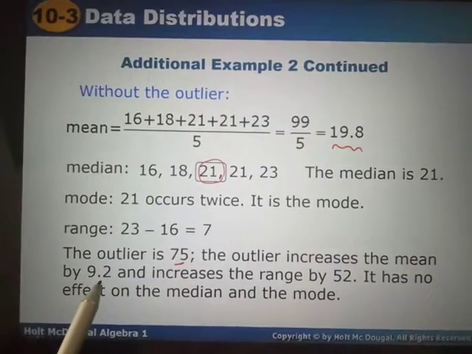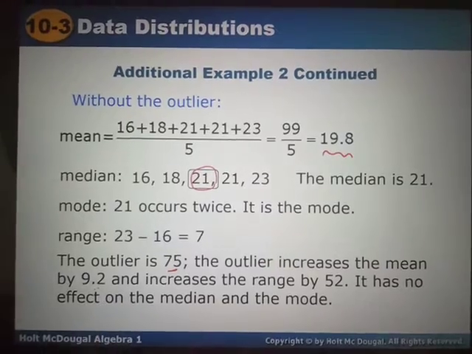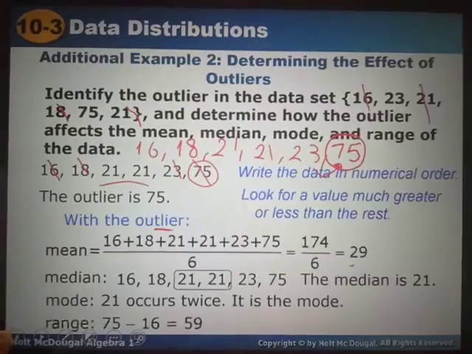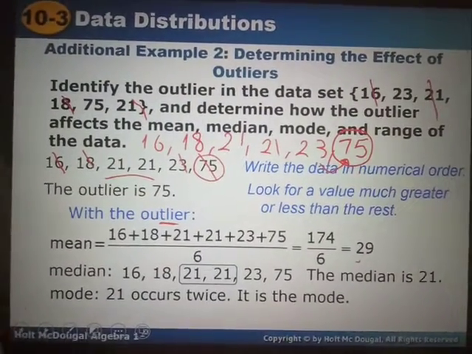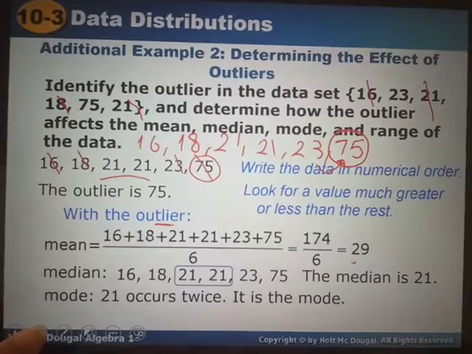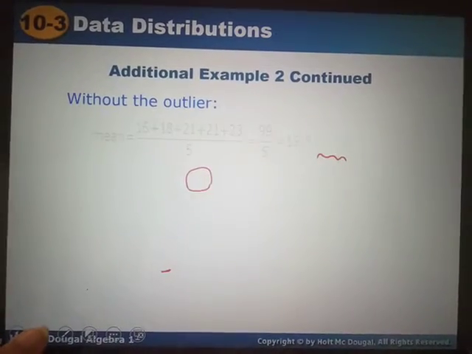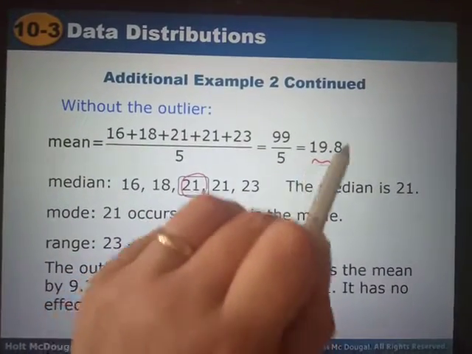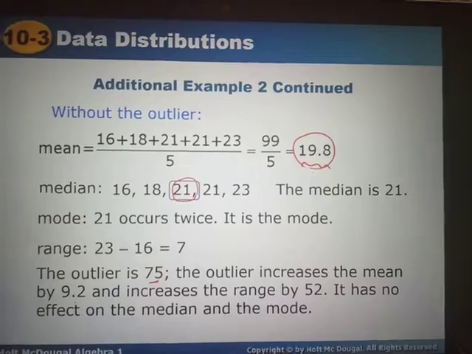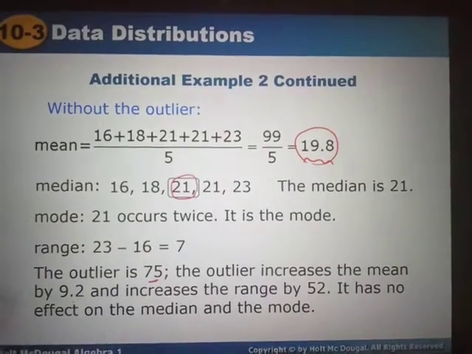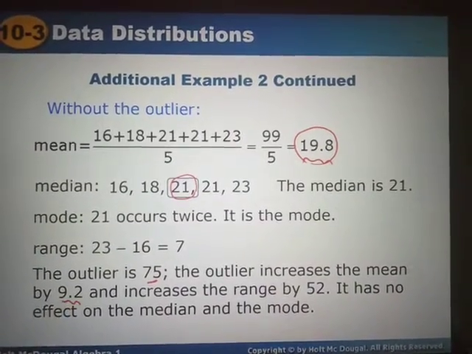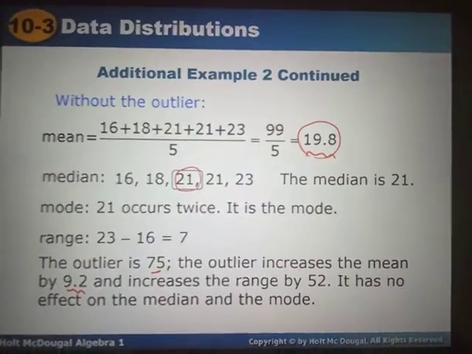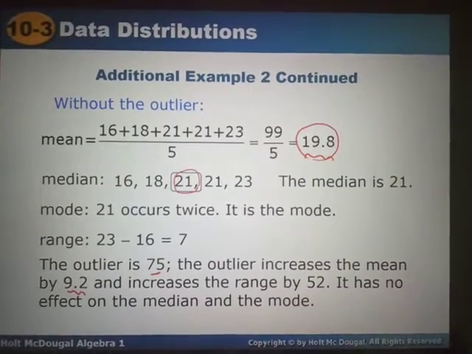We will subtract the mean before, which is 29, minus 19.8, so we will get 9.2. So the outlier increased the mean by 9.2, and also